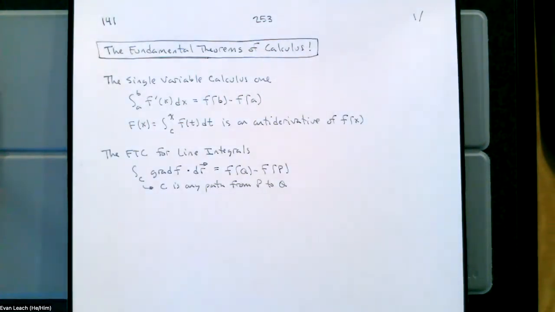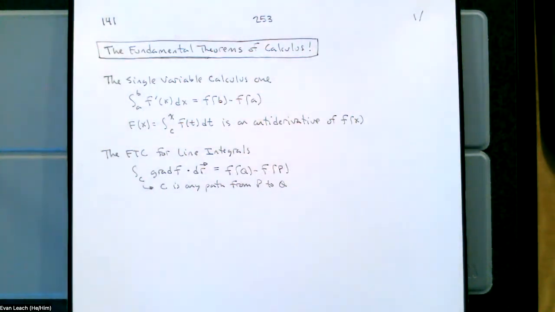We had the integral from a to b of f prime of x dx is f of b minus f of a. And we also had that capital F defined by the definite integral from c to x of f of t dt is an antiderivative of little f of x. So what we're doing with these two parts of the fundamental theorem of calculus for single variable functions, this first